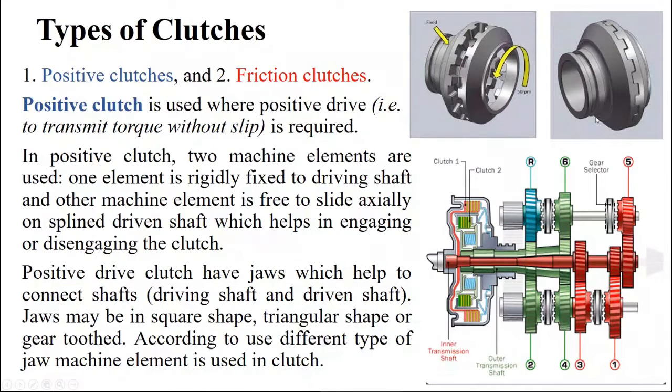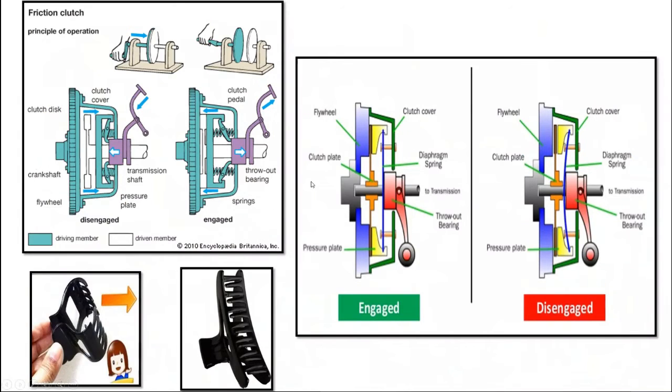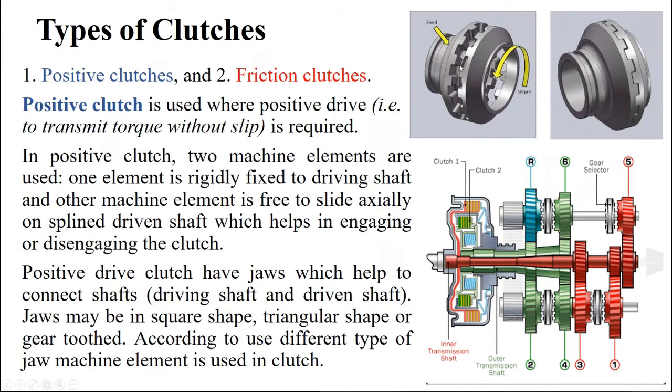All right, they cannot slip. But this is an example of friction clutch. Slippage may take place because there is contact only of plane surfaces. The movement takes place only by virtue of friction. If the friction material is good, slip will be less. If the friction material is bad or improper, in such cases, your clutch may have some slip. But in case of positive clutch, like this one, chances of slip are almost negligible. We can say there is no chance of slip.